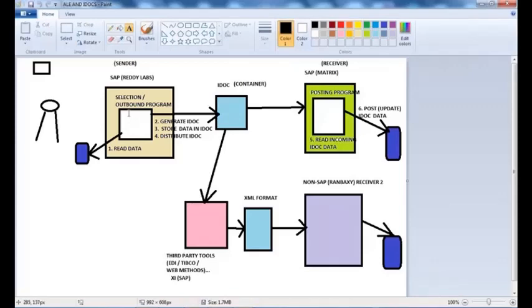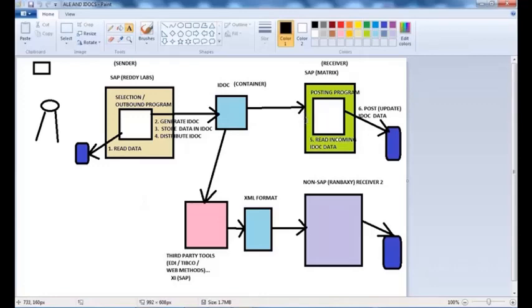When I am running my outbound program, I'll give some material number. That material data is stored in many tables. It is stored in the MARA table, which contains the general material data. We have a table MAKT, which stores the material descriptions. We have MARC, which contains what? Material plant data. We have MARD, material storage data. So this program has to pick the relevant data, which might be part of one or more tables. It will pick that data and store it inside what? IDOC,